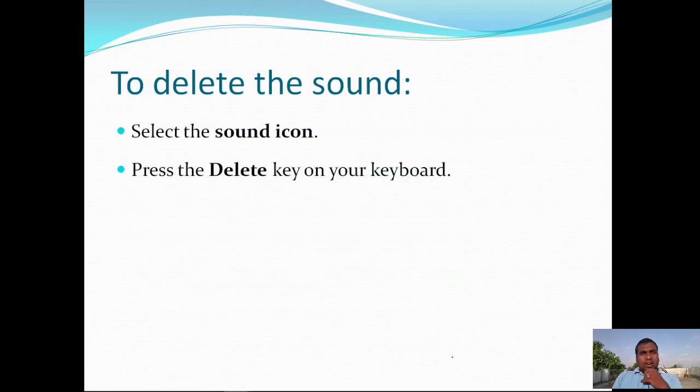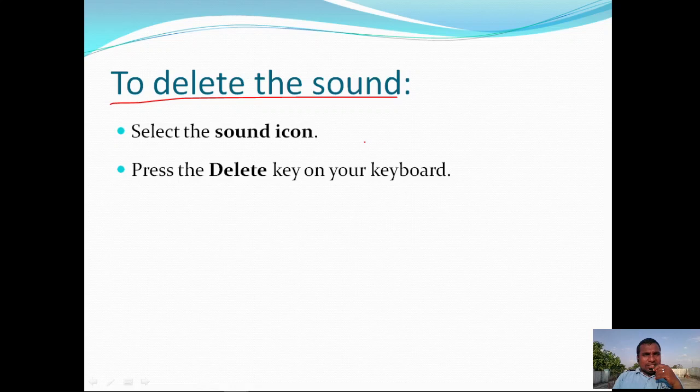Next, if you want to delete the sound, this can be done only if that sound is already inserted on that particular slide.